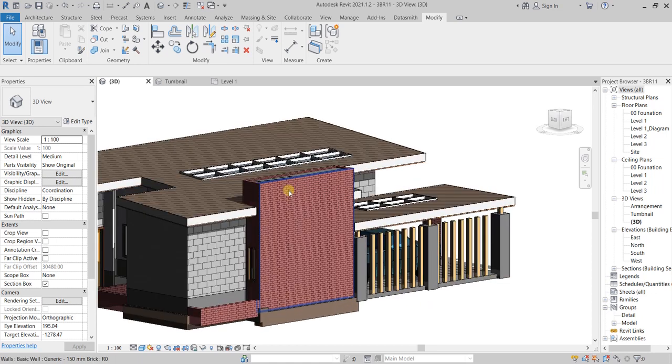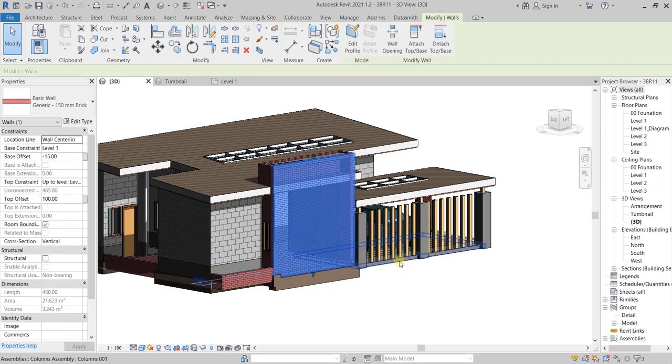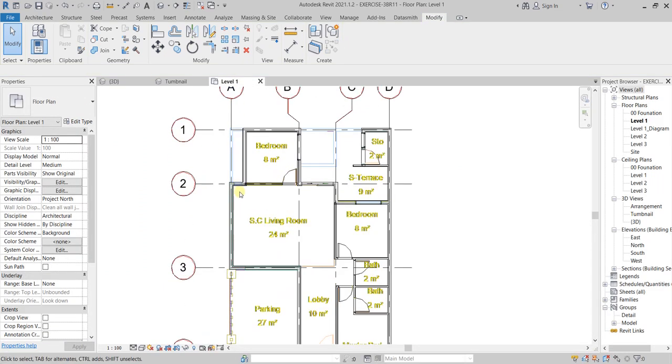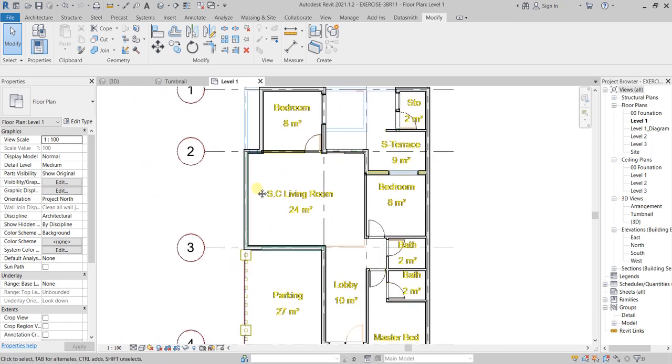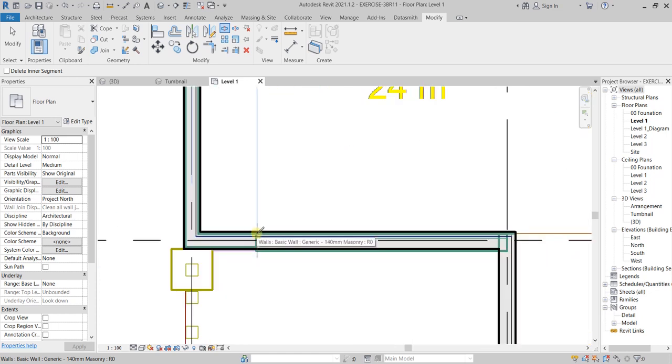Now before we continue, I would like to make this type of wall on this side here. Let's go back to our exercise project, and then this was going to be placed on this side here. So what I'm going to do, I'm going to go to split, and then I will split this wall somewhere around here,